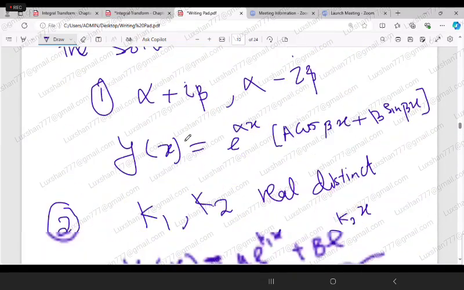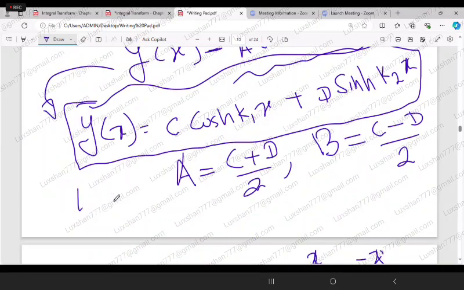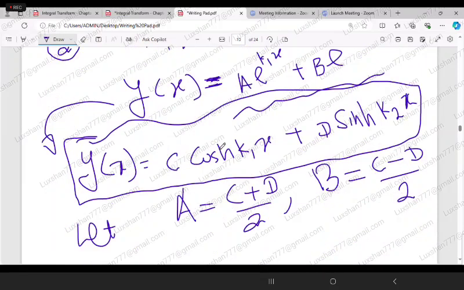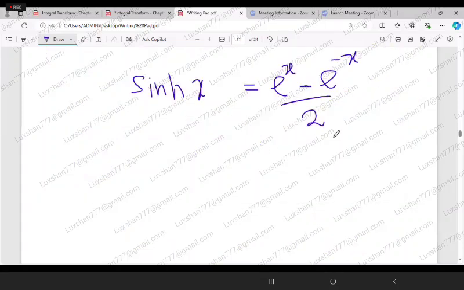Actually, you can write this one under some conditions. If you let A equal (C plus D) by 2 and B equal C minus D, actually you can write this in the form of hyperbolic function. Okay. So just try to understand these three things. Another thing,